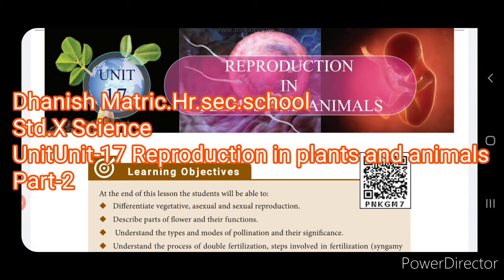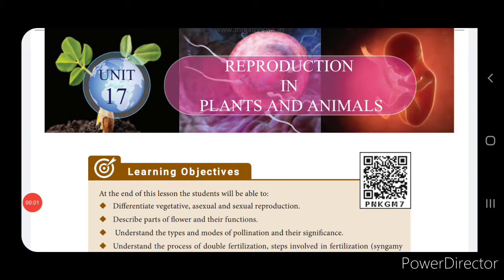And today we are going to see the remaining part of lesson 17, reproduction in plants and animals. In the last session, we saw the reproduction in plants, and today we are going to continue with the lesson. In this session, we are going to deal with reproduction in humans. Now, the concept that we are going to see today is about the male reproductive organ, that is the structure of testis, structure of ovary,